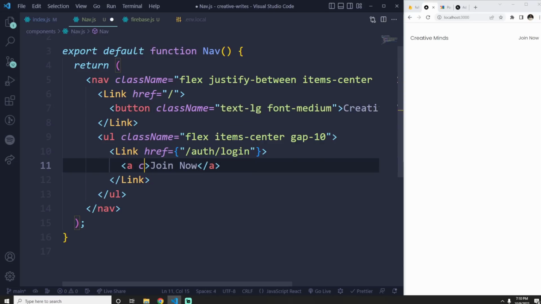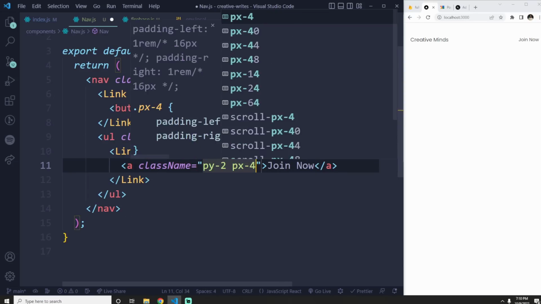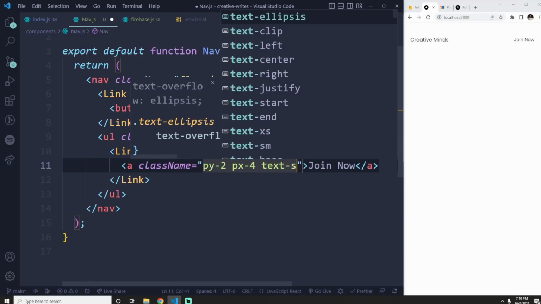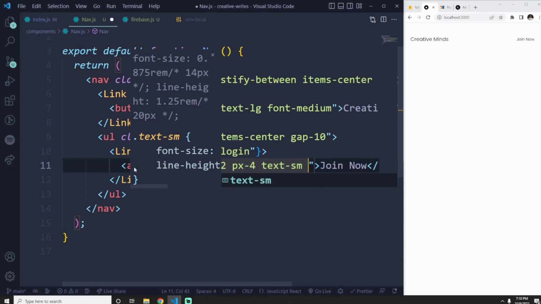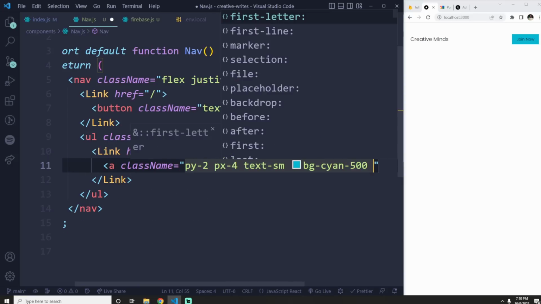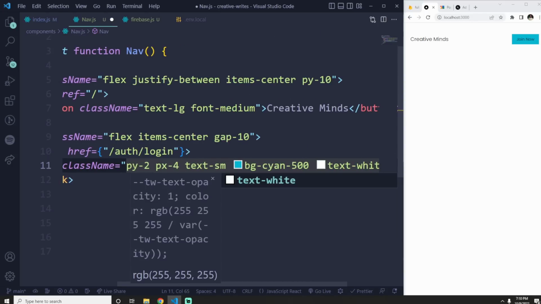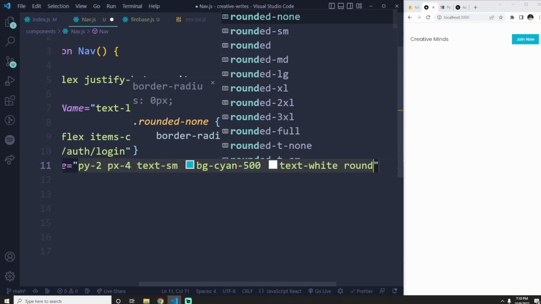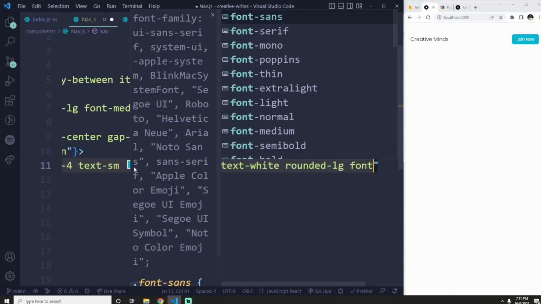For the A tag, class name of py2, px4, text small. Let's add a background of cyan 500 to it. Text should be white, rounded LG, and font medium,